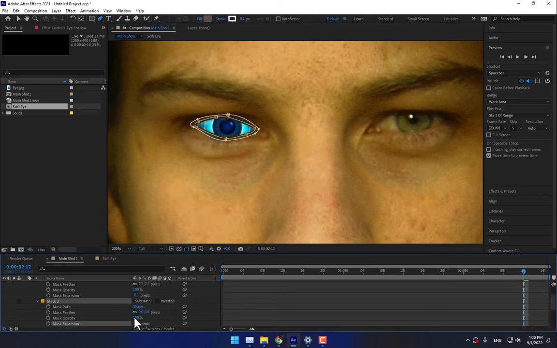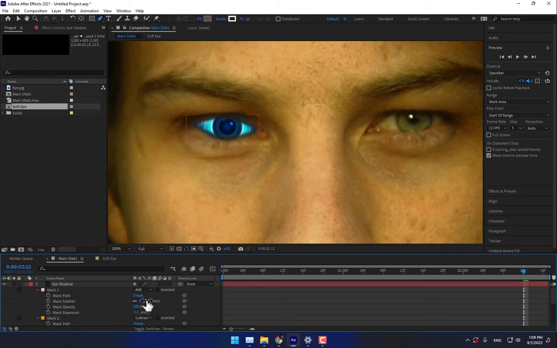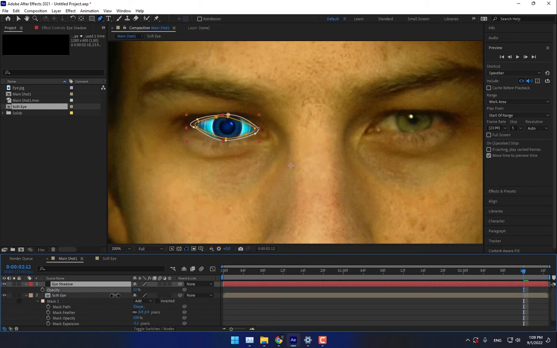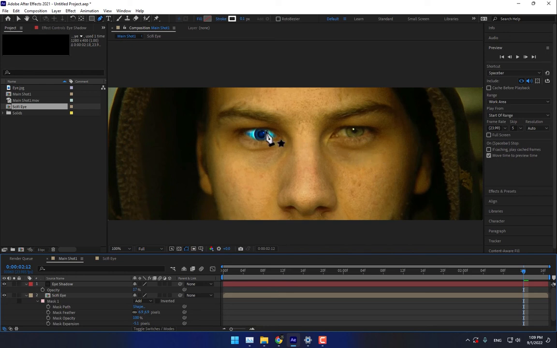Expansion from here. Press T, lower the opacity to look realistic, because this layer is for the eye shadow,